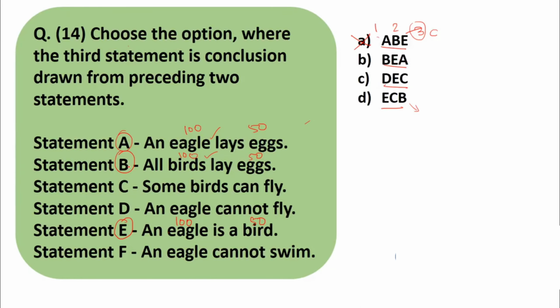Okay, next, B, E and A. Now we have B, we have E and we have A. We have already written the numberings. Here A is the conclusion, so we have to check for eagle and eggs. These are the two words. So eggs are over here, eagle is over here. Correct? What do we have over here? Bird is common. Bird is here, bird is over here. Is one bird 100? Yes, this bird is 100. Correct? So we can go ahead.